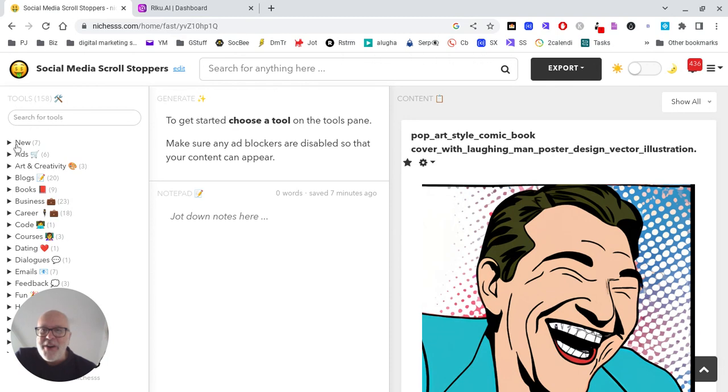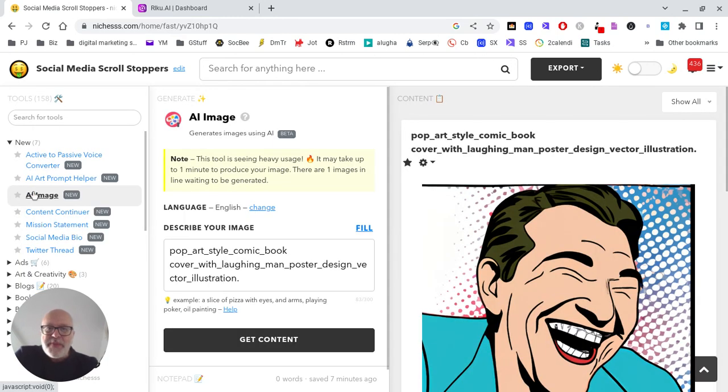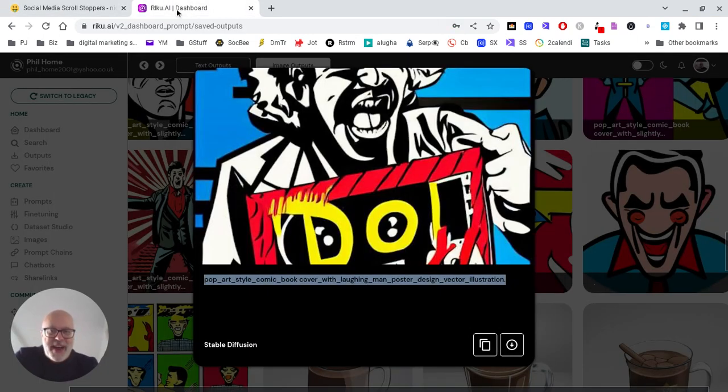So here we are. We've got new. Click onto new. What we want to do is click onto AI image. What I'm going to do is I've got another tool that I use quite extensively for AI stuff, which is